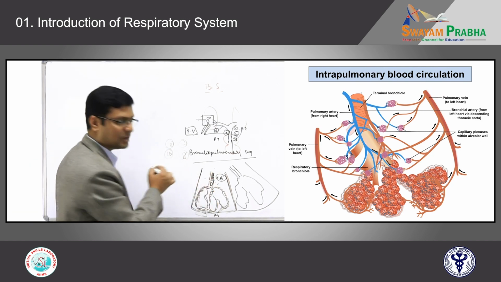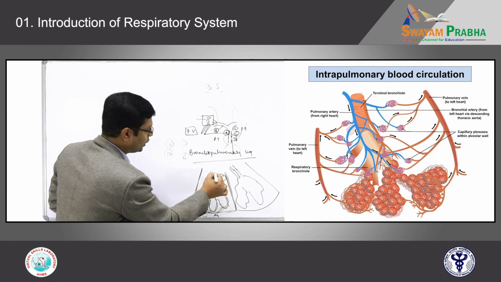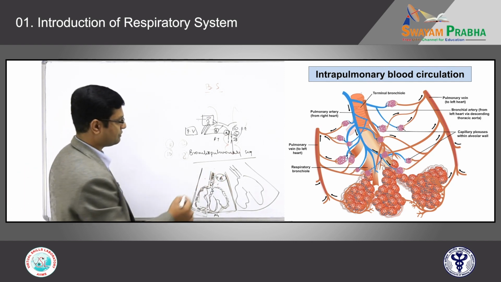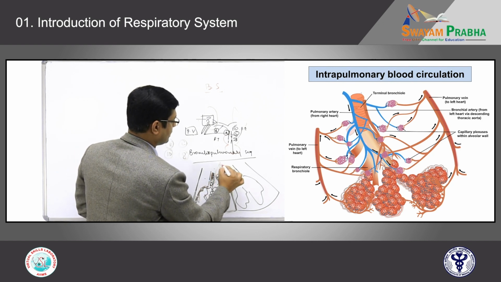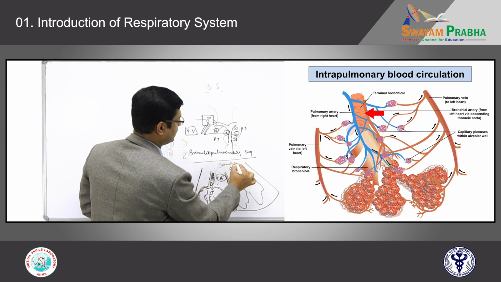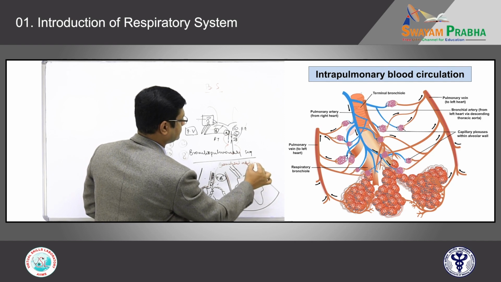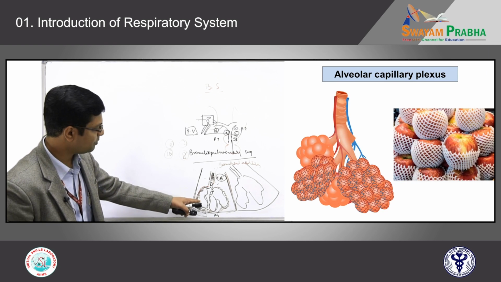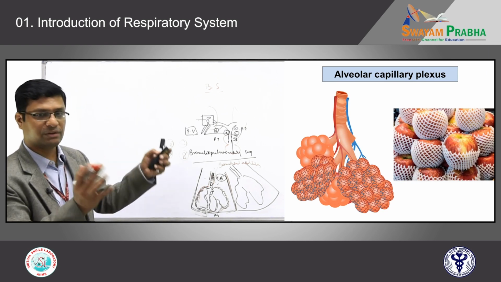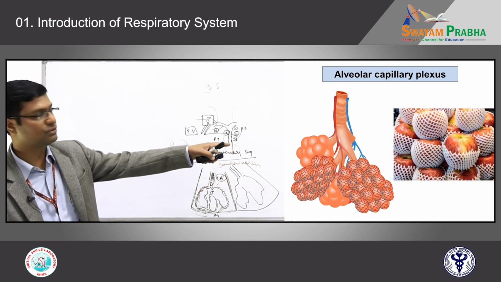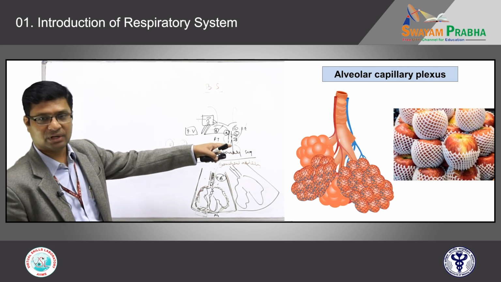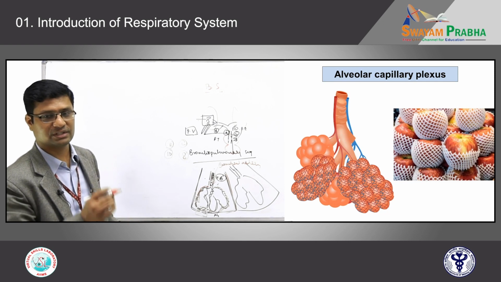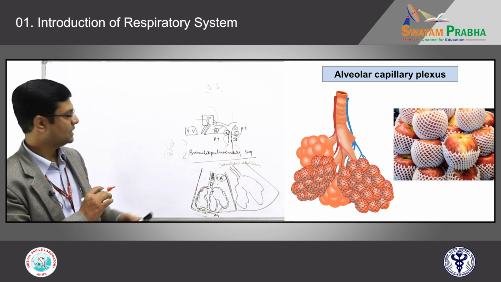Along with the branch of the pulmonary artery, we have one more small blood vessel. This is from the bronchial circulation, a branch from the bronchial artery. See how the plexus is formed around the periphery of this alveolus. It looks just like how you see in the market, each apple or some fruits covered with a net-like structure on the surface. It typically looks like that, right.